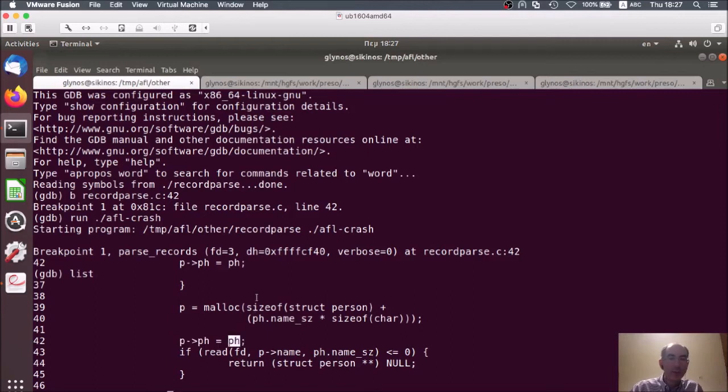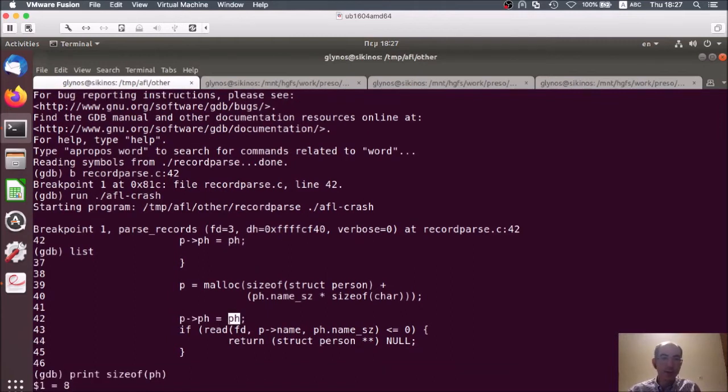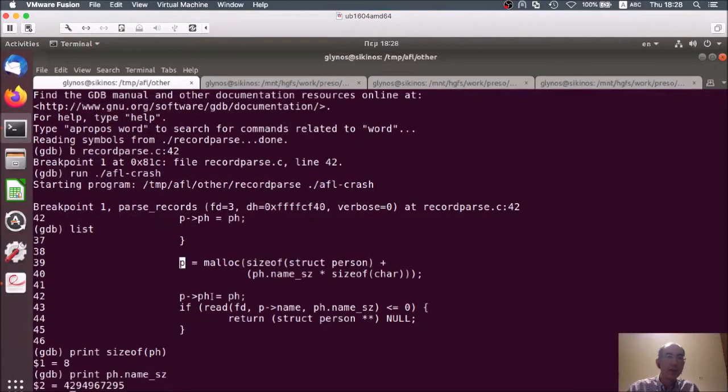Now, this structure here is of size 8 bytes. The memory which is allocated to P here comes from the sum of this thing here. This is 1, so I'm not going to count this, and this portion here. Let's first print the second part. So this is a very big number. Our fuzzer created a file which had a record field which has this very big number. When this very big number was added to this number here, something magical happened. Let me show you what